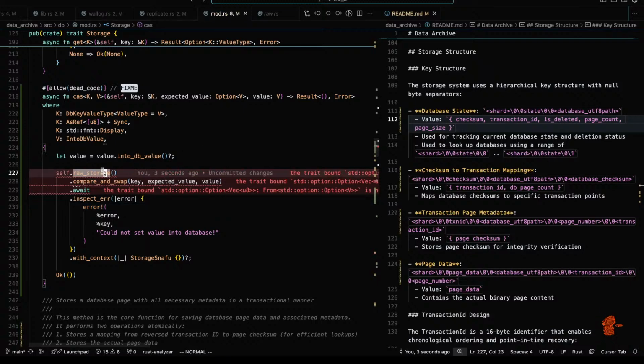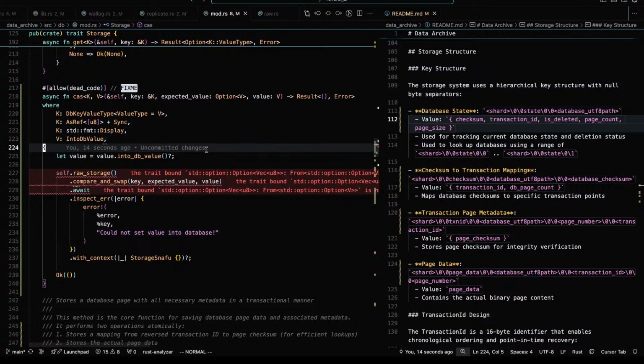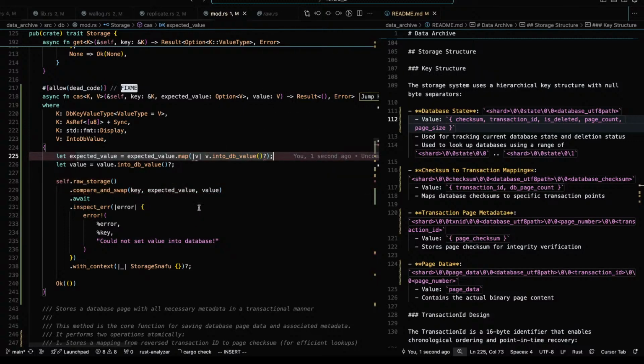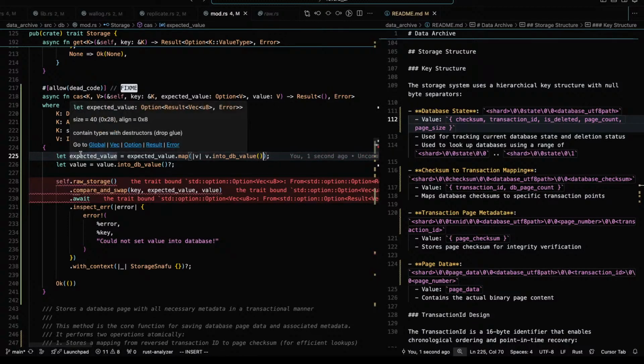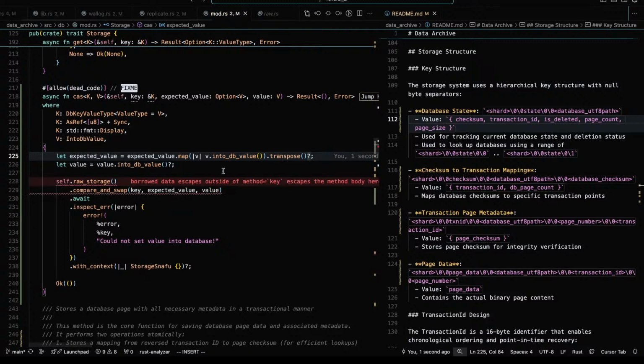Okay, so what's happening here? Transpose. Option vector view 8.